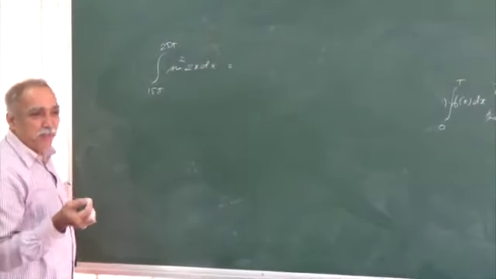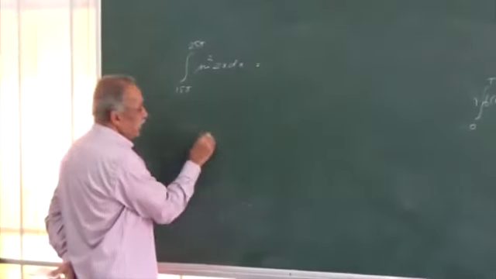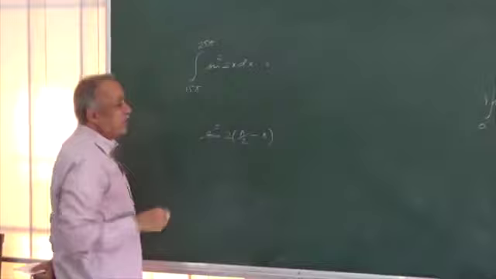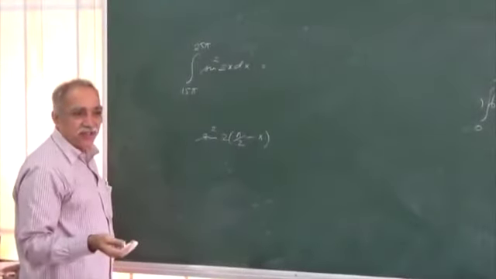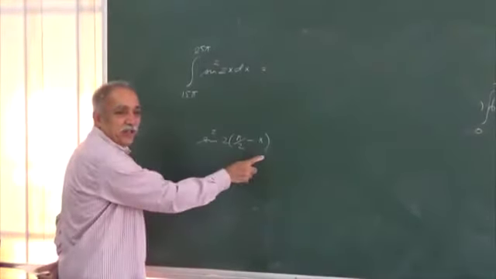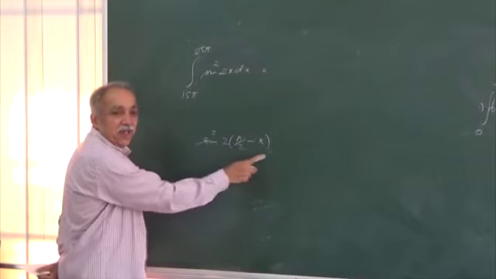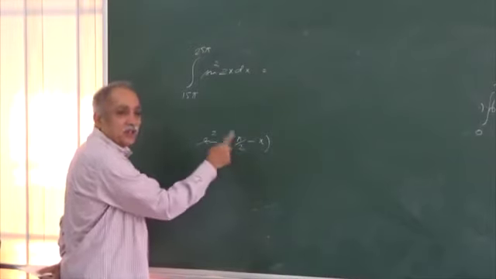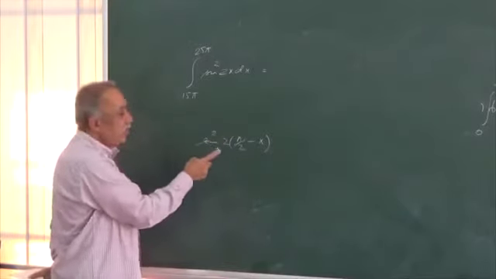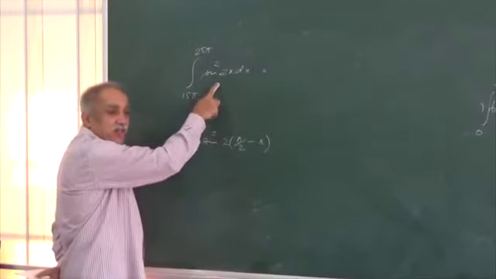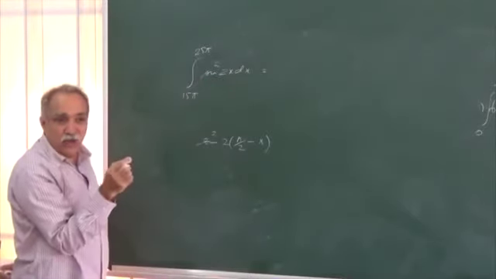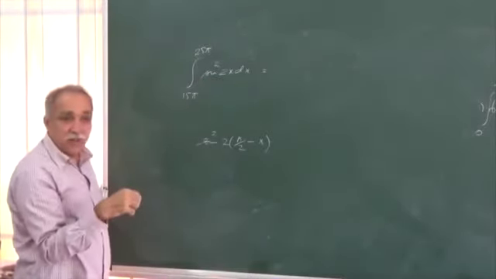If you want to try pi by 2, what happens? What is sin square of 2 into pi by 2 minus x? Is it same as sin square 2x? Just check. 2 into pi by 2 minus 2x is pi minus 2x. What is sin of pi minus 2x? Sin 2x, square is sin square 2x. Will it not be same as this? Yes. So, this is a function with the primitive period not 2 pi or pi, it is further smaller,